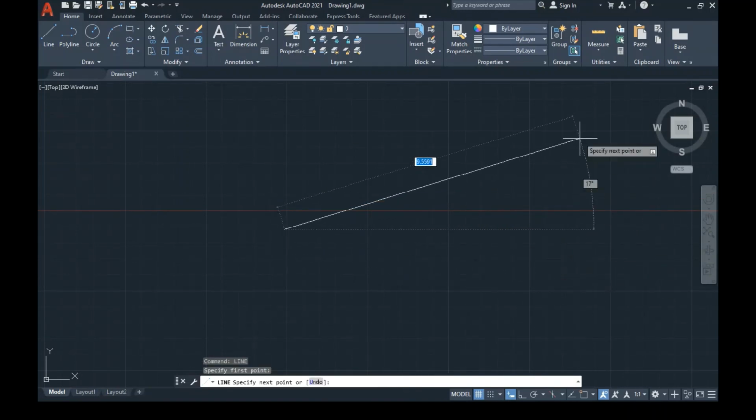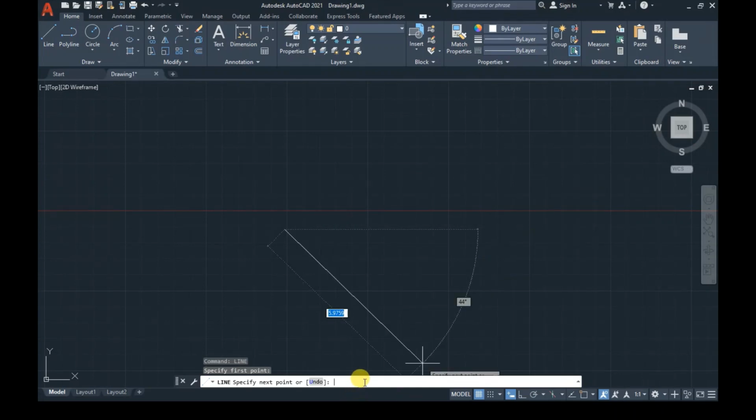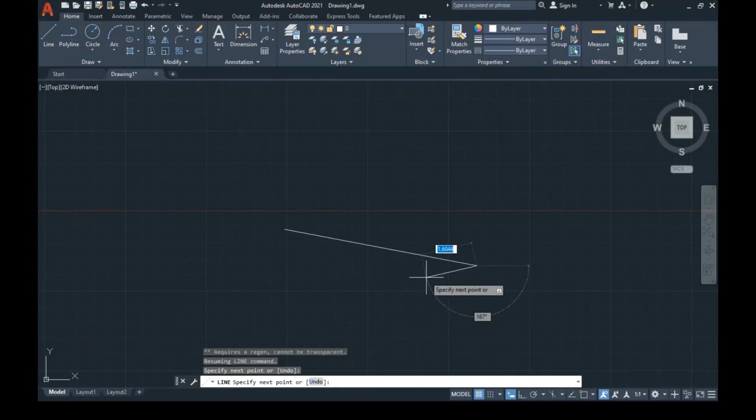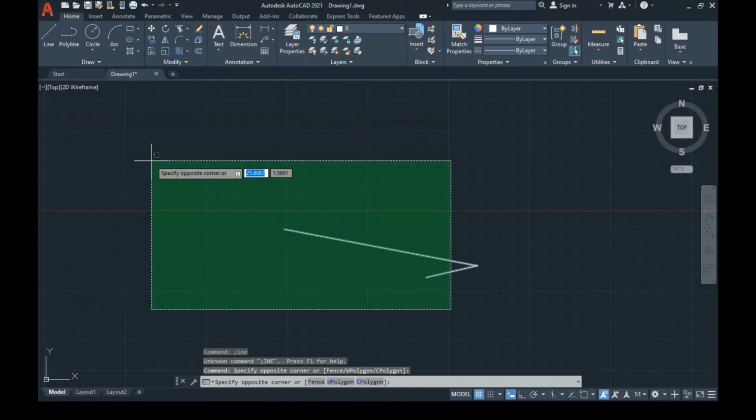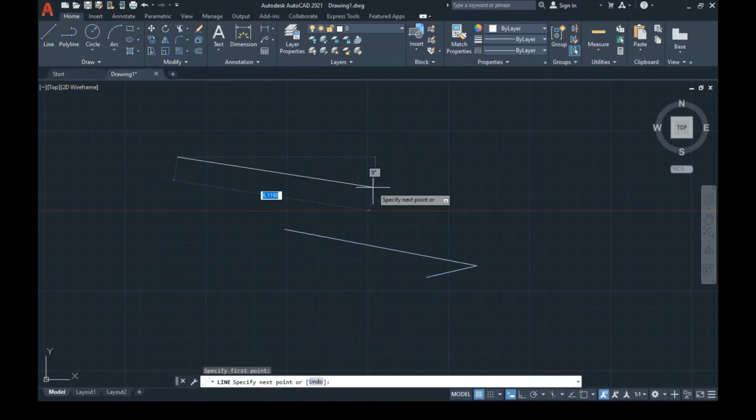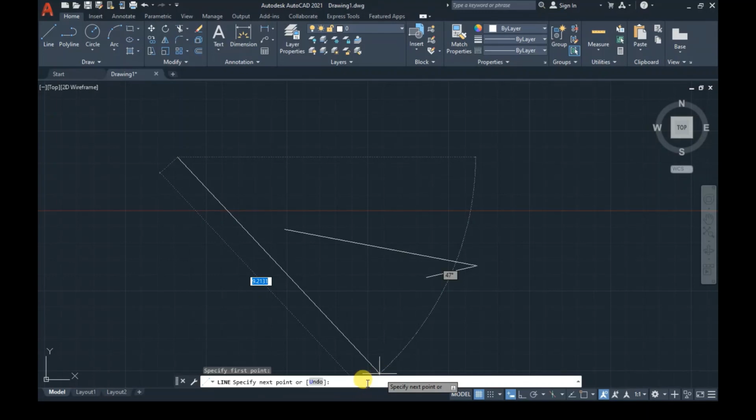Now the line command is on, but what I can do is press apostrophe and say Z space A, enter. So it has done the zoom for us. Fine. And now you can again work on it. Again, the line command is on.